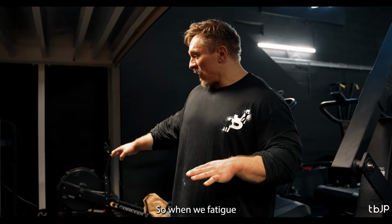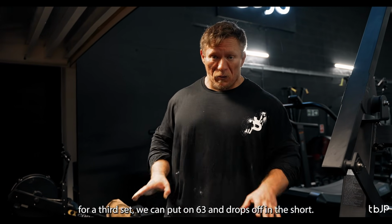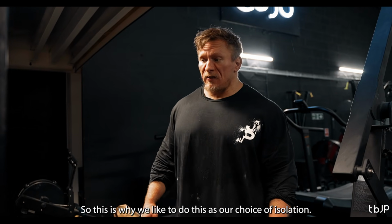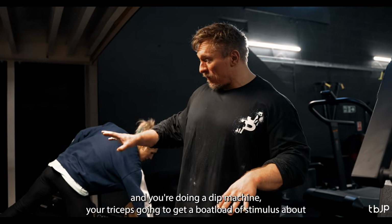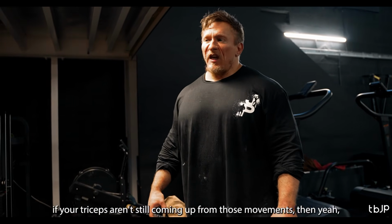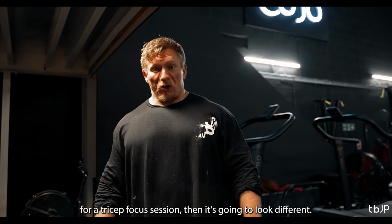So when we fatigue for our third set, we can put it on setting 3, and it drops off in the short, and we get loads more stimulus. So this is why we like to do this as our tricep isolation move. So if you're doing a dip, and you're doing a dip machine, your triceps are going to get a boatload of stimulus, a boatload. If your triceps aren't still coming up from those movements, then yeah, for a tricep focus